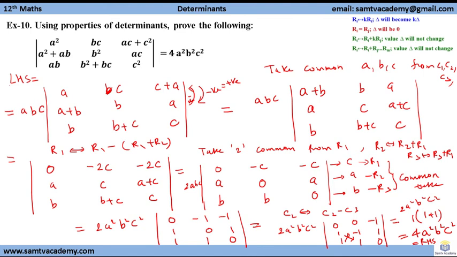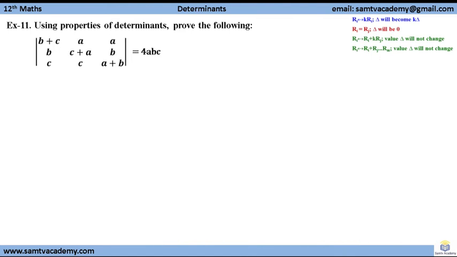So next question, and this is similar to the previous question. If you multiply in this B square, B, and here A, here you multiply B, here you multiply C. So that will be the previous 10th question only. It is more easy because we have escaped from taking ABC common one time. So this will be easy for you.